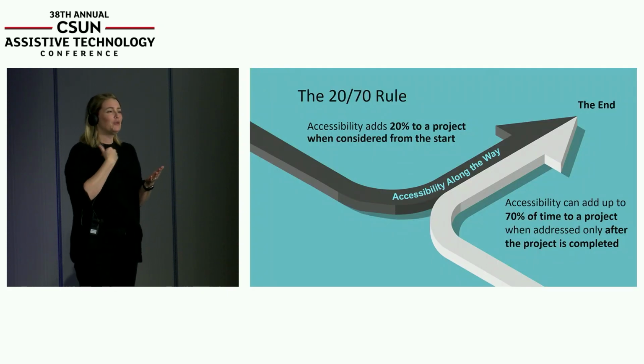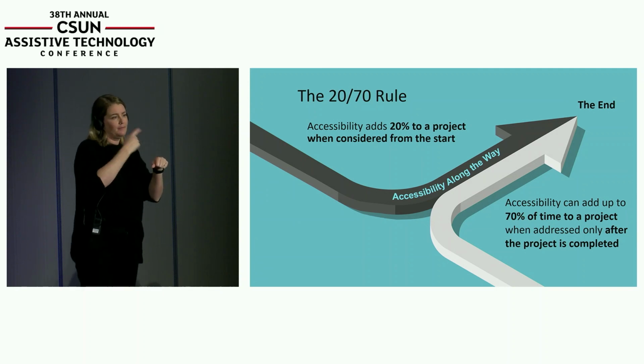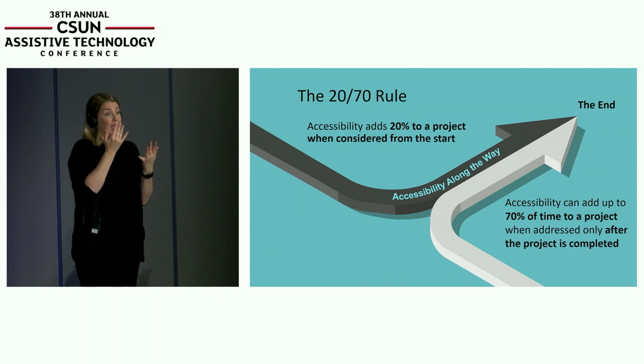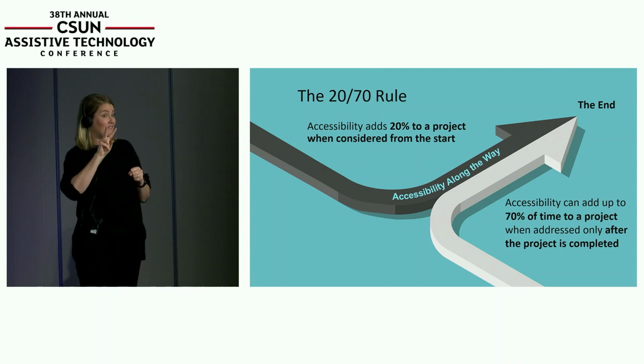And we call this the 20/70 rule. Accessibility adds 20% of time to your project when you consider it from the beginning. It adds some time, but not a significant amount of time. But if you wait until the end to make your document accessible, I promise you, it will add at least 50 to 70% of time. If your job took you 8 hours to make, it's very likely that you'll spend 4 hours trying to fix it when you have to go back and go, oh, the entire color palette that I used is not the right one, or oh, I didn't add styles to my document, or I made it in Canva and it has no tags whatsoever.